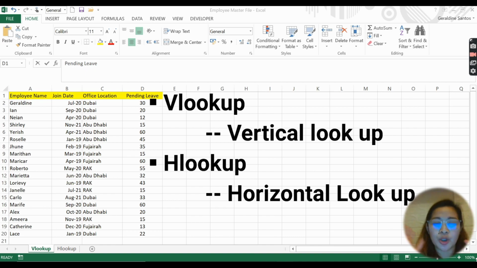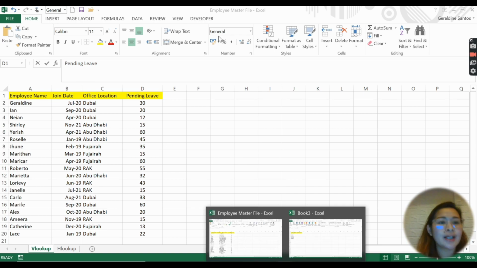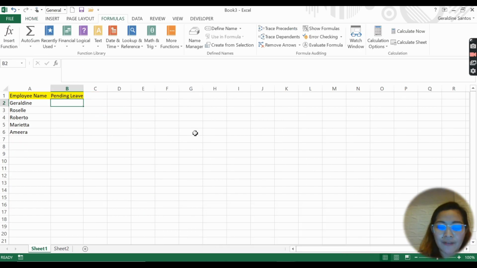Now, make sure guys that if you're going to do the VLOOKUP or HLOOKUP, you have a source file. This is my source file, employee master file, where I have employee name, join date, office location, and pending leave. And I have my working file, where I have my employee name and pending leave.